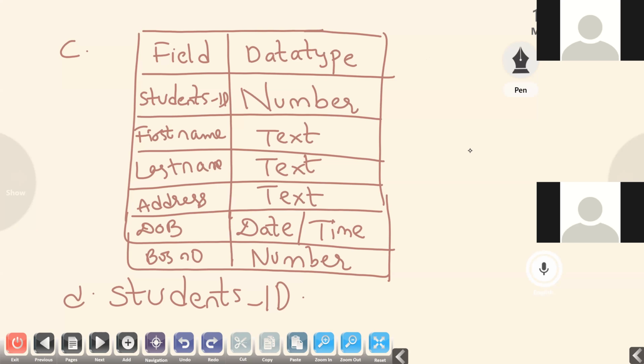Whatever question table is given, you can write it later. A, B, C, D, write down fast. For C, list the data types of all the fields. This table you have to write. So all the fields you have to mention and the data types also you have to write. Write fast like this. Did anyone complete?